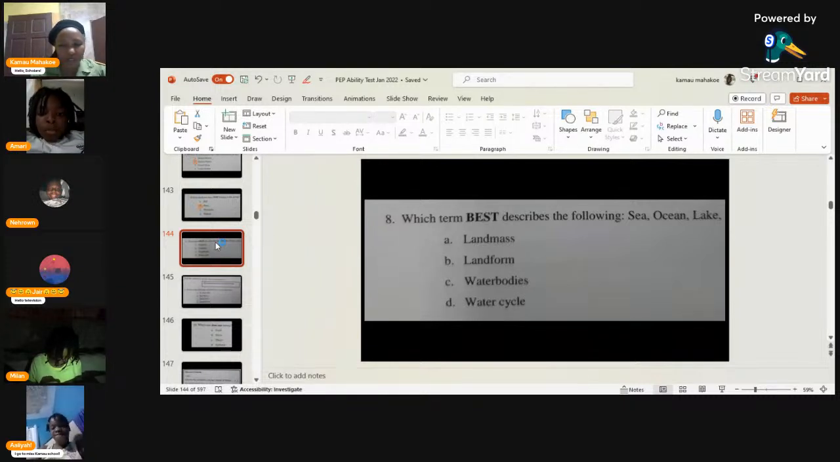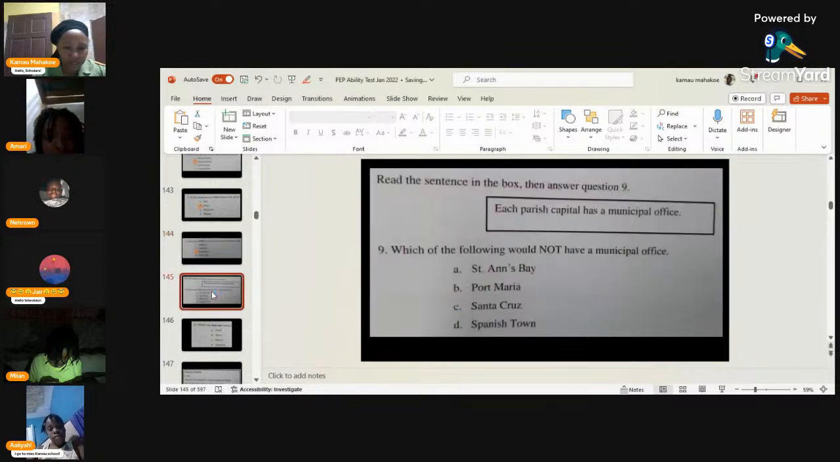The sea, the ocean, and the lake. What are they? Water bodies. That is correct. They are water bodies. So that's sea, ocean, lake: water bodies. Okay, Milan,